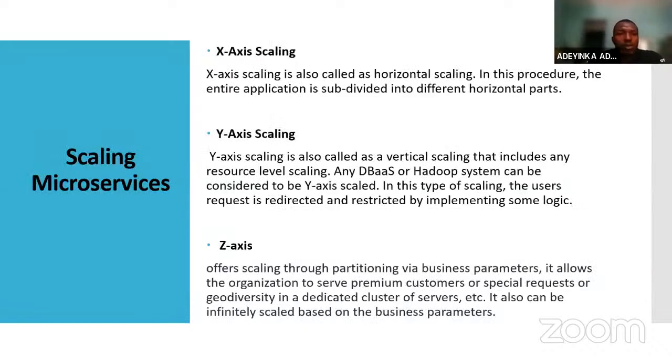Then this concept of microservice scaling is very important because it's actually what defines and makes your applications scale as an enterprise. There are three major types of application scaling. You can have the x-axis scaling, the y-axis scaling, and the z-axis. As opposed to the monolithic system of application development, which doesn't have a well-defined or structured subunit for the